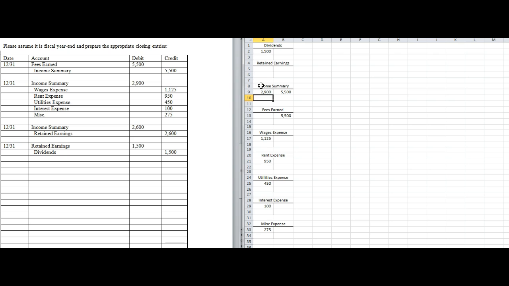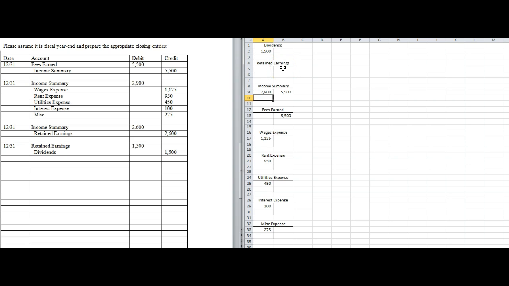Retained earnings at the beginning plus net income. So let's take this $2,600 balance and move it into retained earnings. Retained earnings is an equity account. It's on the right-hand side of the balance sheet. So as we make money, it would make sense that it would get larger. So sure enough, we take that $2,600 of net income, which was stored briefly in income summary, and move